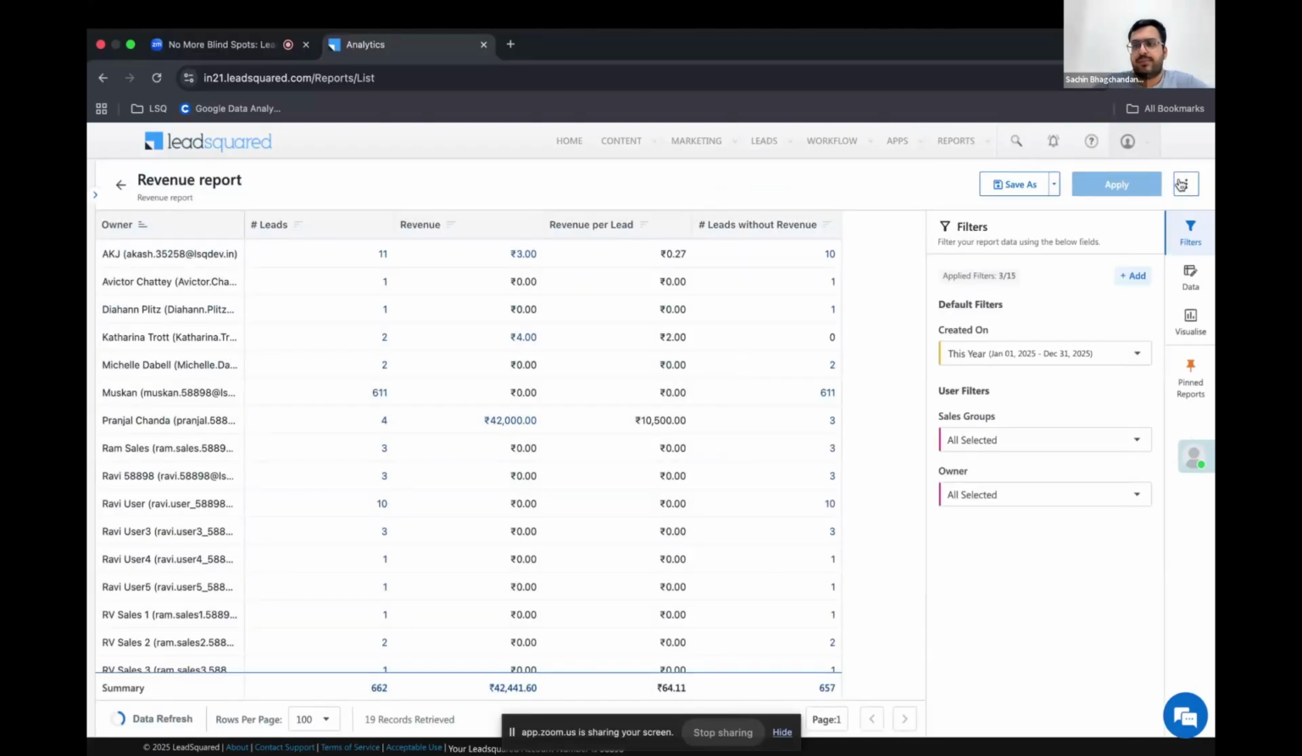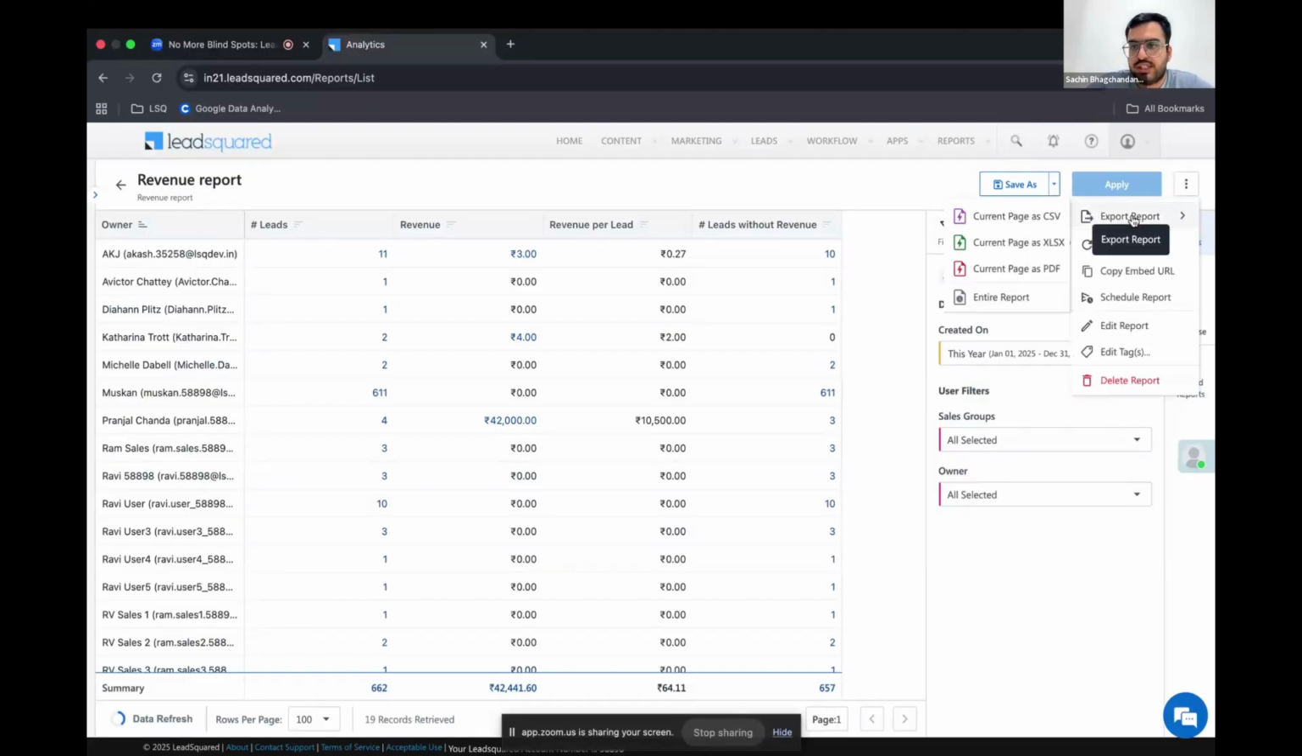Additional functionalities for the report page include the export report function. Once you click on this button, we have several options for how you would like to export your report, be it in CSV format, Excel format